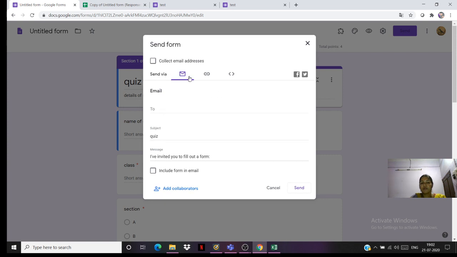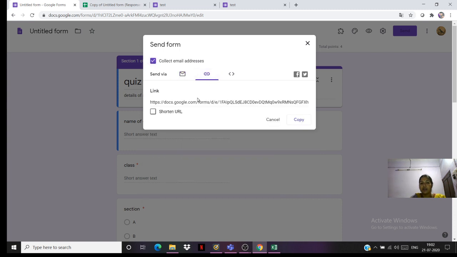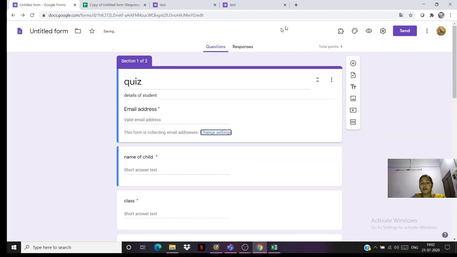It will give different options. Collect email address. If I want, I can choose this. This is through link. This is a very big link. I can shorten this link, copy it. I can attach this link in my mail, and I can send it to children.